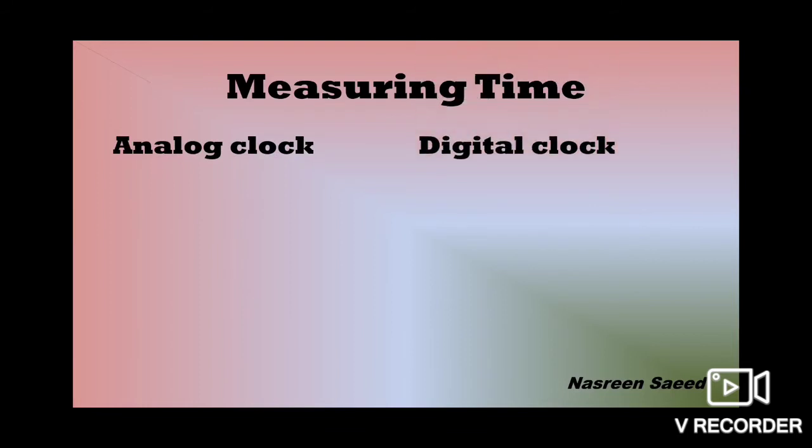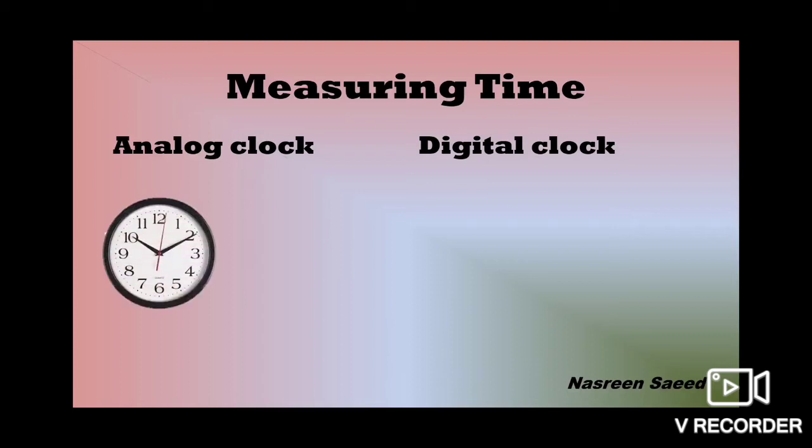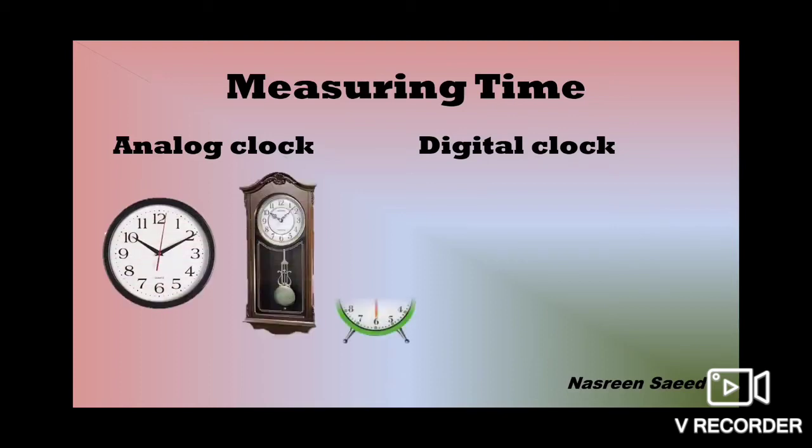Nowadays we have two types of clock, the analog clock and the digital clock. The analog clock basically has a face. It can be a circle, it can be a square. The numbers are written on it, either English numbers or in numeral form. The face is divided into 12 parts and 12 numbers are written from 1 to 12, and it has hands. The hour hand, the minute hand. In some clocks it has a seconds hand also. That is the analog clock.